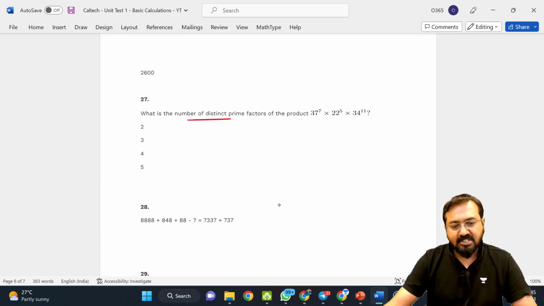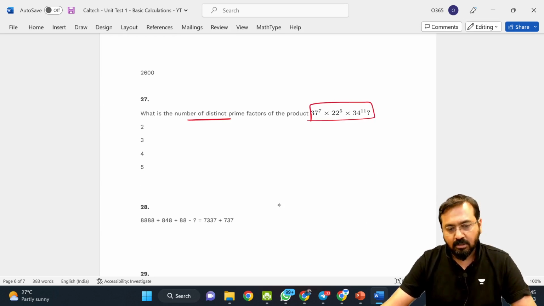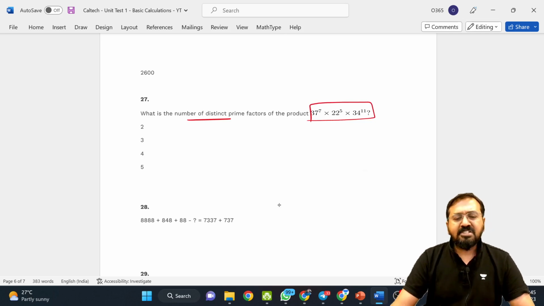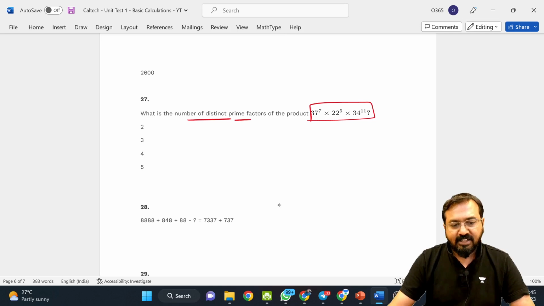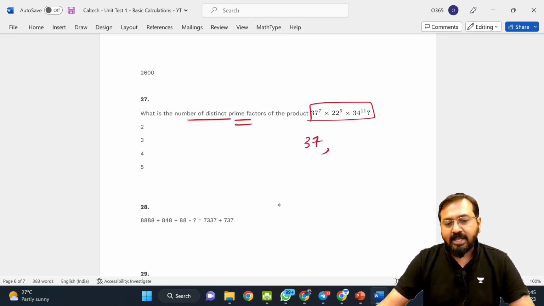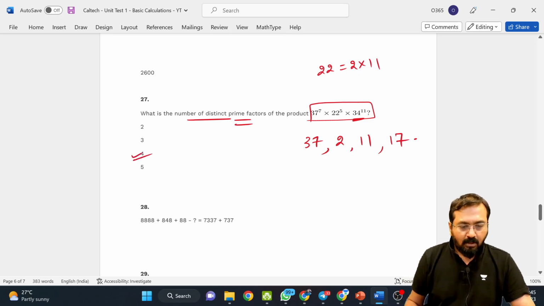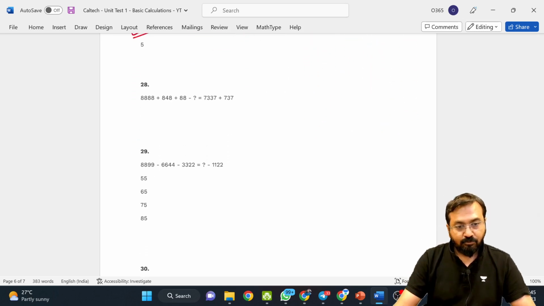What is the number of distinct prime factors of this product? Number of distinct prime factors of this one. Okay, so can I say 37 is one prime number? Then 22, what is 22? It's 2 into 11, so 2 is one prime factor. 11 is there. 34 is 2 into 17, so 17 is also there. So there are 4 prime factors. Yeah, what about this